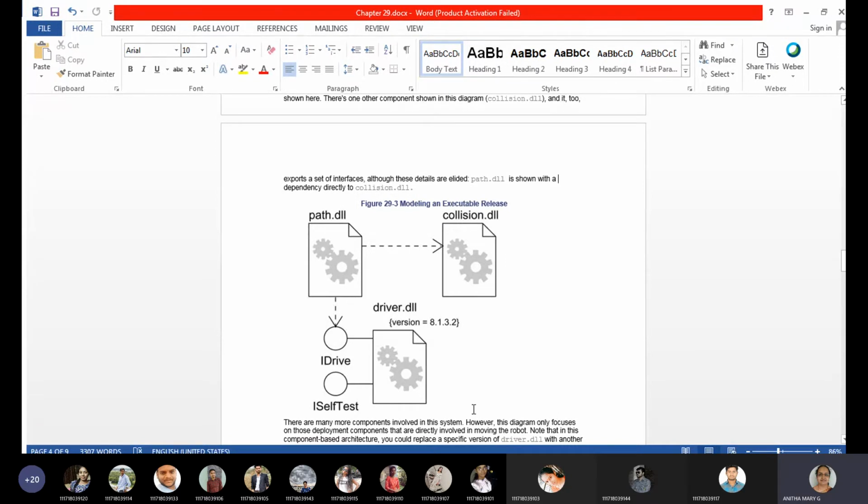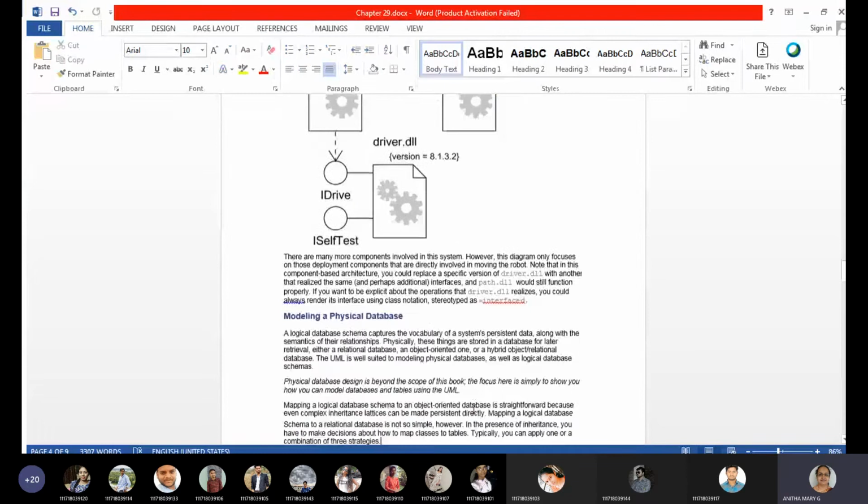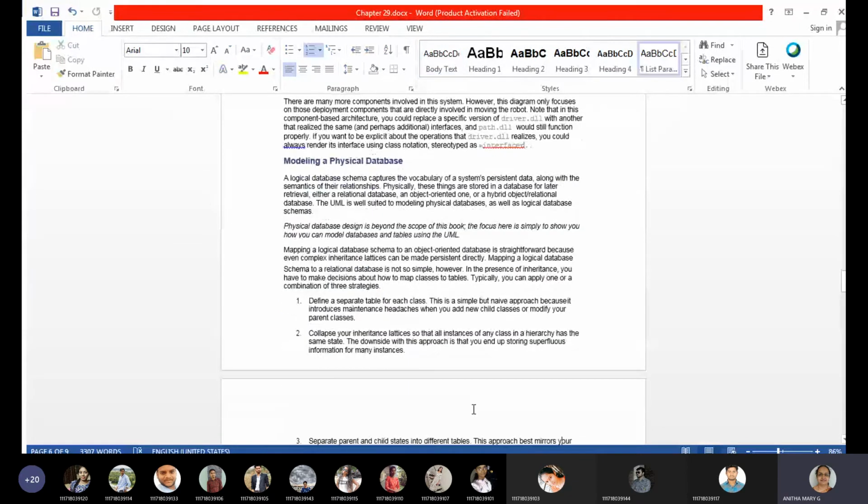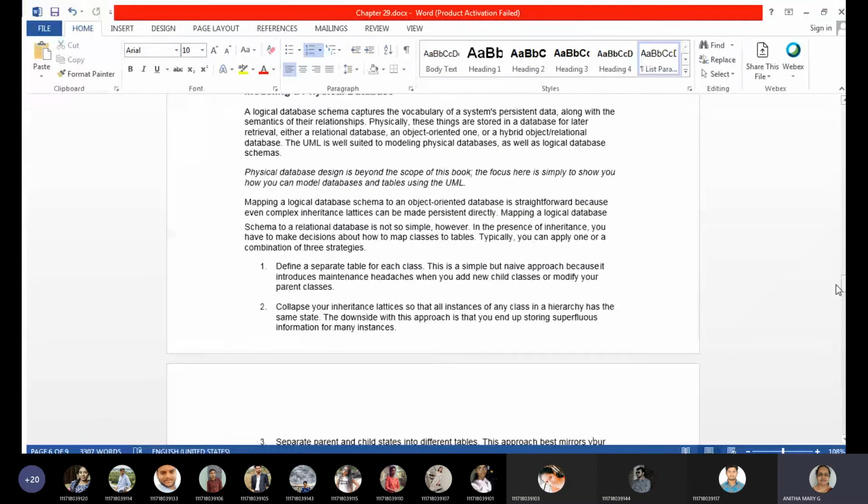So this is about executable releases, and then moving on to physical databases. Physical database here means how the database exists in real time.